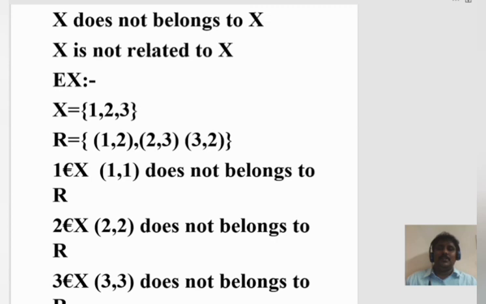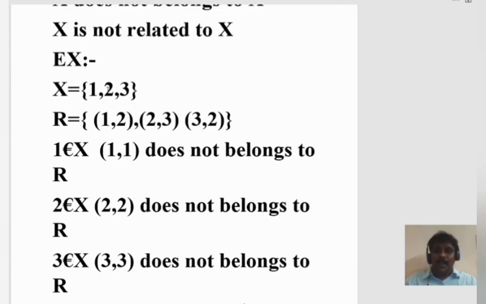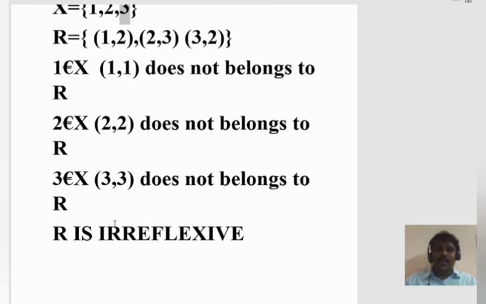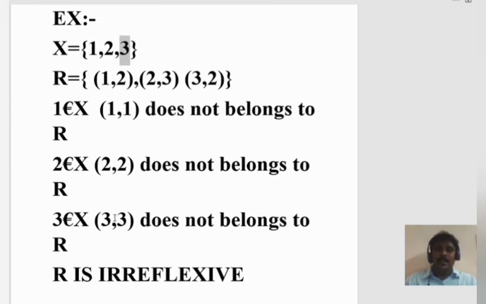So it is irreflexive. Now I am taking another element, number 2. So (2, 2) also does not belong to R. Therefore it is irreflexive. Next another element is remaining, that is 3. Now I have taken 3 belongs to X. Now this (3, 3) also does not belong to R. So it is irreflexive. So (1, 1) does not belong to R, (2, 2) does not belong to R and (3, 3) does not belong to R. Therefore we can say that R is an irreflexive property. R satisfies